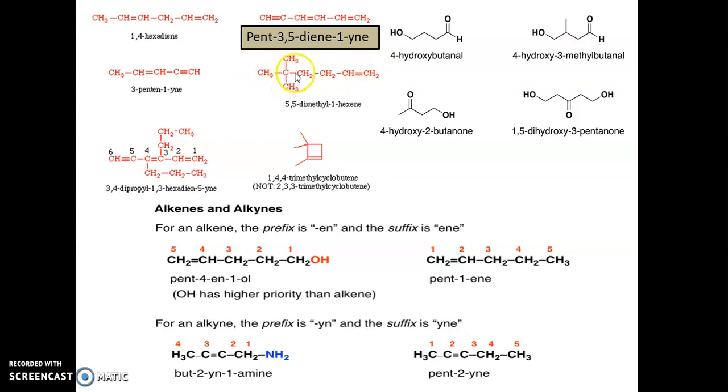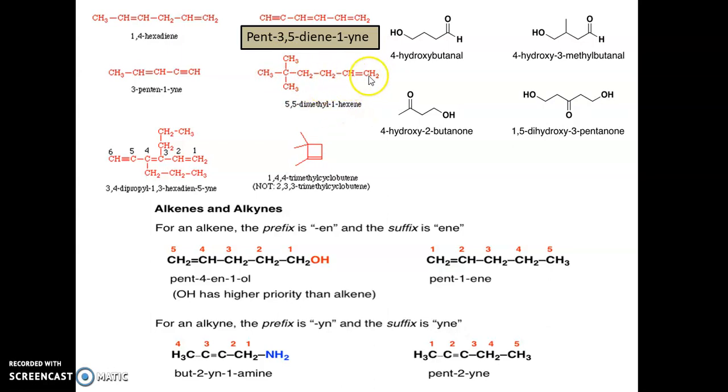Okay. So what is the formula? First you have to highlight the side chain, then the main function. Side chain means 2 methyl groups are there. What is the position? Carbon number 5. 1, 2, 3, 4, 5. So 2 methyls are there, so dimethyl. Both methyls are connected at carbon number 5. So 5,5-dimethyl. Okay. Then how many carbon atoms? 6 carbon atoms. So hex.